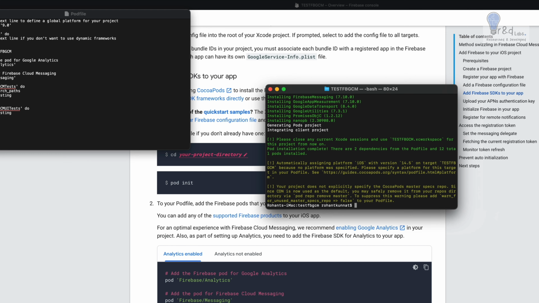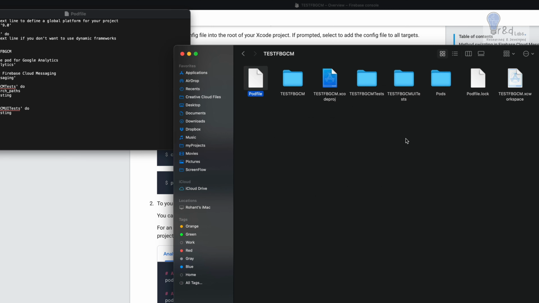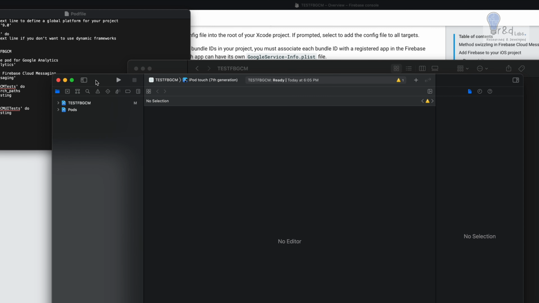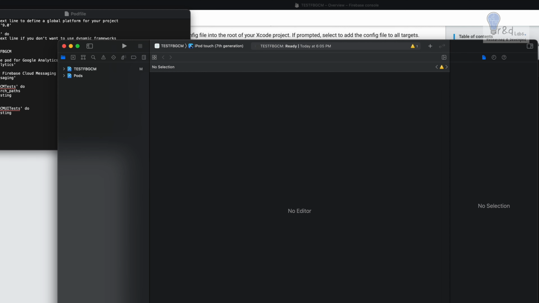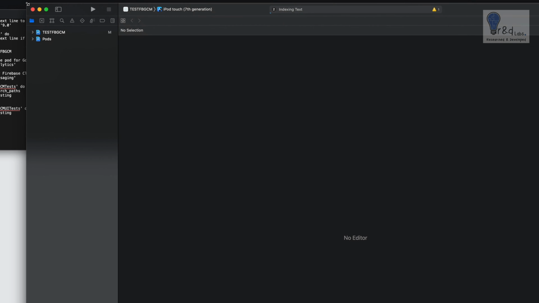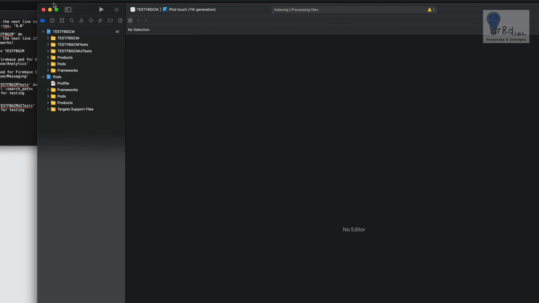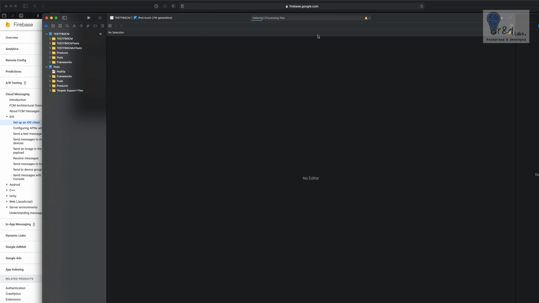So what you need to do is, instead of opening up the project file, you need to open up the XC workspace file. Okay, so you will have to head down to your project folder, and over here this is the project file that you normally open up in Xcode. But once the pods are installed, you need to open up the XC workspace file. So let's go ahead and click that, and that's it. So the project is loaded and you have your pods within it, which is for the Firebase Analytics and Messaging. So I will just maximize so that I can make some room over here,